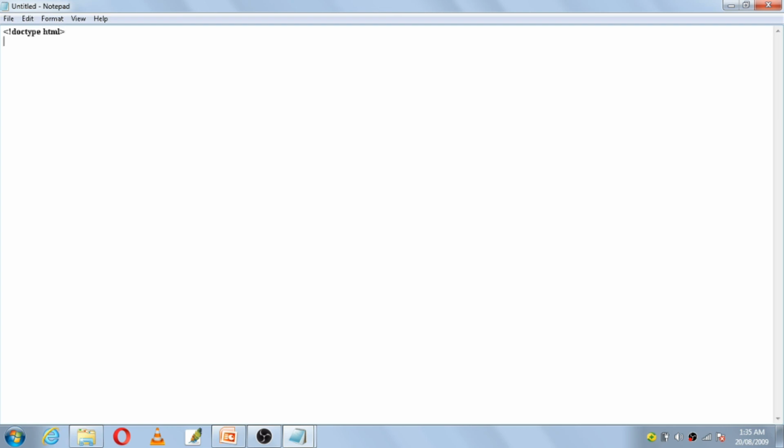Every HTML document begins with the html element. Now I'll do a very simple one and start directly with the body tag. In the body tag we'll have nesting of headings. H1, this is the first heading, slash H1. Then the next heading we'll make use of is